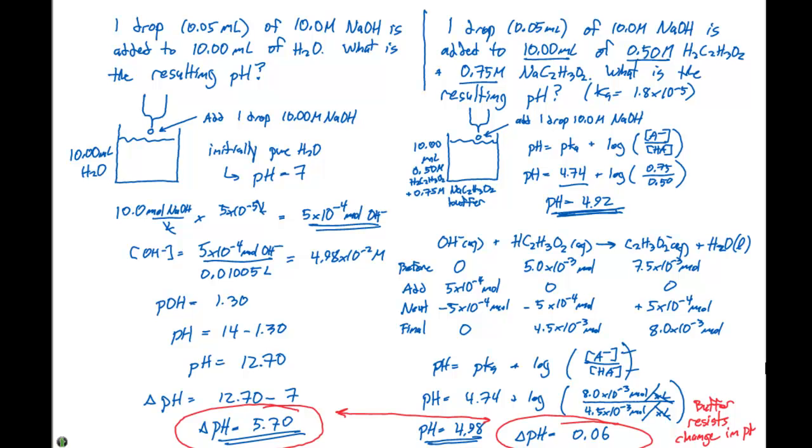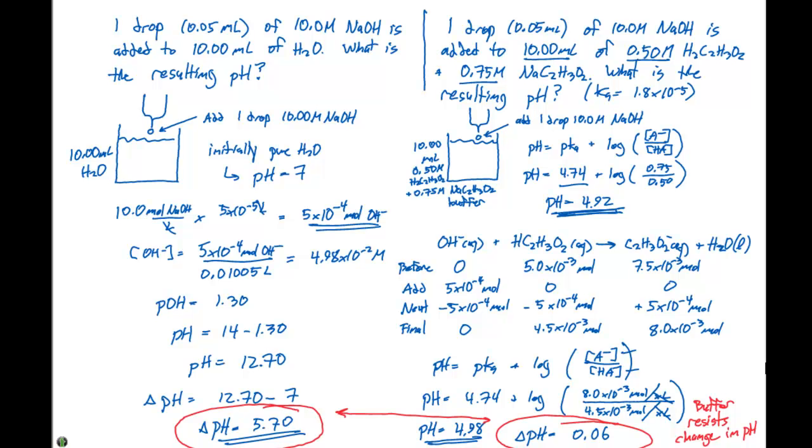in pH. Okay, so in this particular case, we go through and we can do some stoichiometry with adding 1 drop of 10.0 molar sodium hydroxide to an aqueous solution. If we added 1 drop of 10 molar sodium hydroxide to an equal volume buffer solution, we see that we definitely resist a change in pH, and we can calculate that by